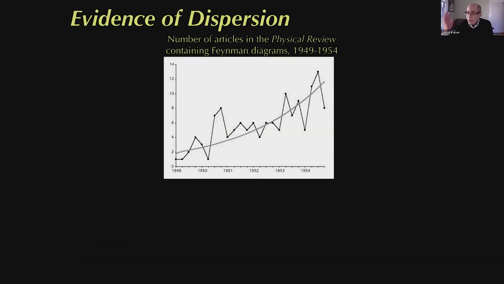And yet, you can see evidence that they're taking off like gangbusters. If you go through the Physical Review, and in the book I talk about similar searches in other journals throughout many parts of the world, not just in the United States, you see an exponential rise as these diagram techniques get picked up. The doubling time, I've forgotten, something like 2.5 or 3 years, where they're growing literally exponentially over the first half decade or so. So on the one hand, you have people saying, I don't get it, I can't do it. And yet you find this growing evidence that at least some people became early adopters of the techniques.